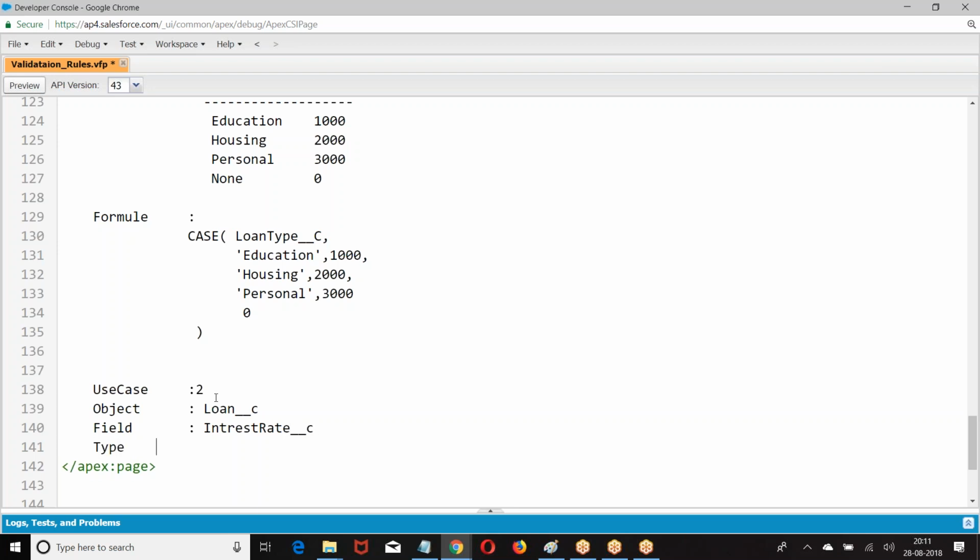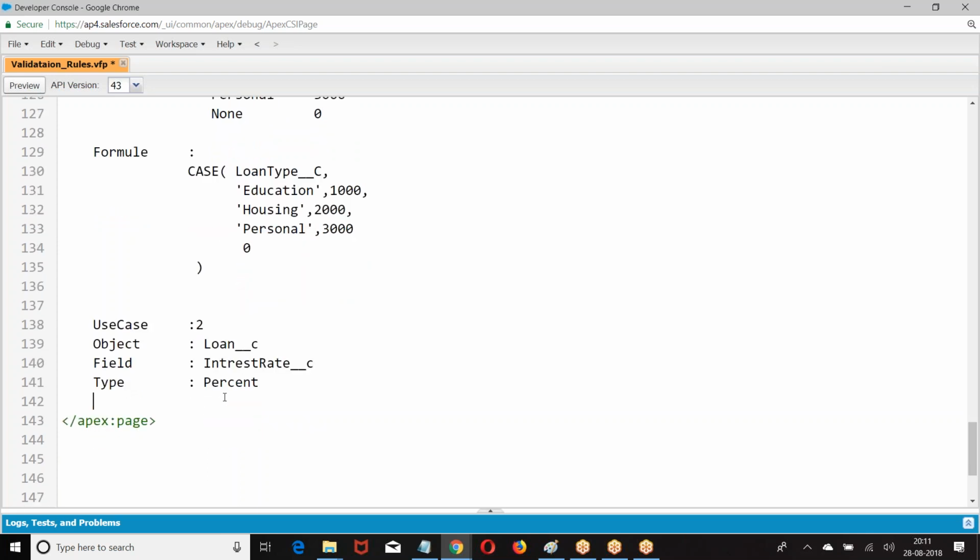What type of value are you expecting? What type of result are we expecting? Percent. What is the rule? Loan type.